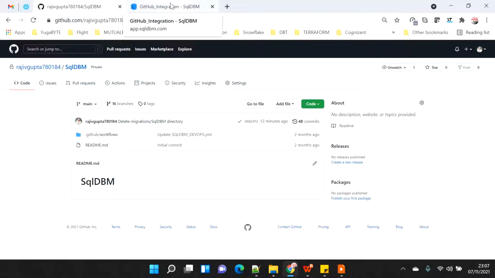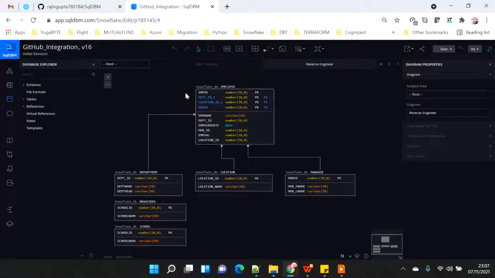Let's come into SQLDBM. First I'm going to push the entire script into GitHub, and we will see that all these tables, employee, department, location, whatever is visible on the screen, will get created in Snowflake under SNOWFLAKE_DB, because the schema is mentioned for each of the tables. Second, I will insert data into one of the tables, and then re-push the same entire script along with a new table. Then we'll see that only the new table gets created and there is no change to the existing table structure. That way we will confirm that this is not breaking anything.